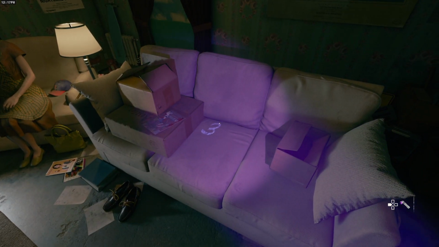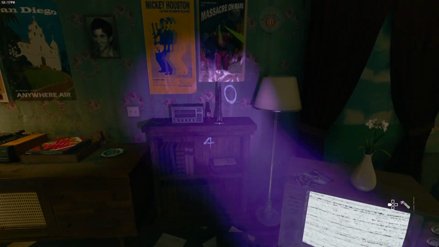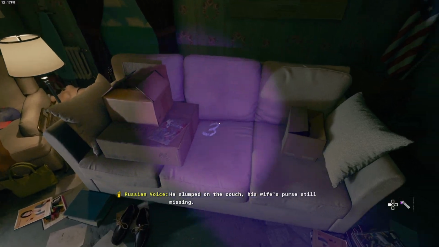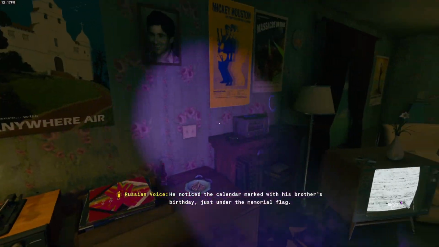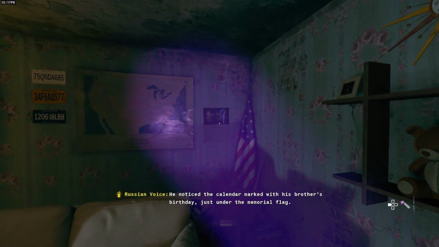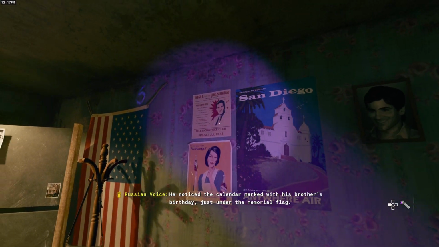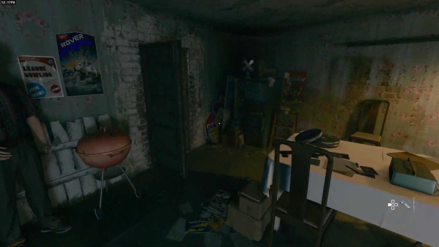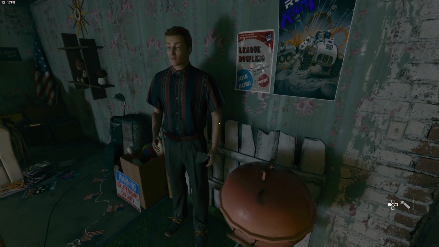So basically what we could do now is you'll hear us say a quote here. He slumped on the couch. His 3. wife's purse still missing. 1. He noticed the calendar marked with his brother's birthday, 9. under the memorial flag. 3196. So basically what you then do is you need to take this and...